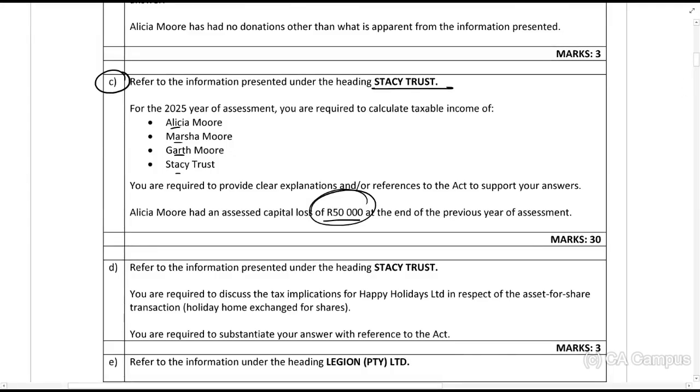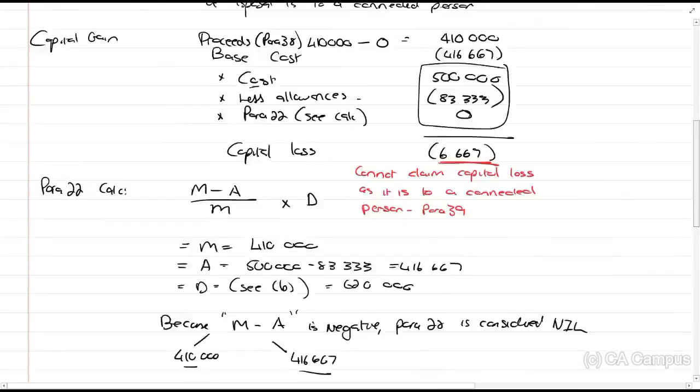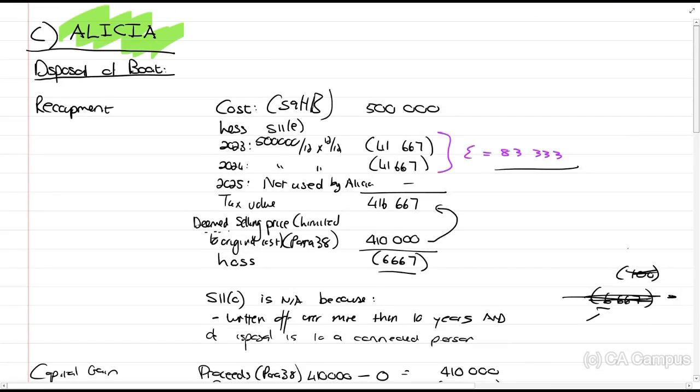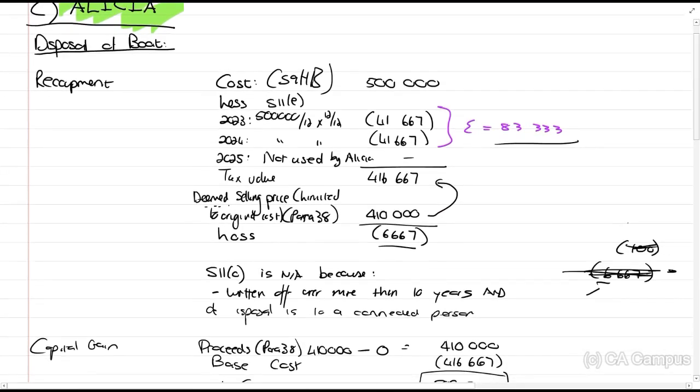Alright guys, so before I move on, I just want you to see a couple of things here. These questions are challenging and you might have struggled with some of it, but I want you to understand throughout this question, and if you go and look in your solution, you'll see you get marks for all of the basic things that you also already do know. How to calculate allowances, how to calculate CGT, that a dividend is section 10(1)(k) is exempt, even if you calculate the dividend wrong. So you can still get a ton of marks, even without getting tricked by some of the tricky things. So just remember that.